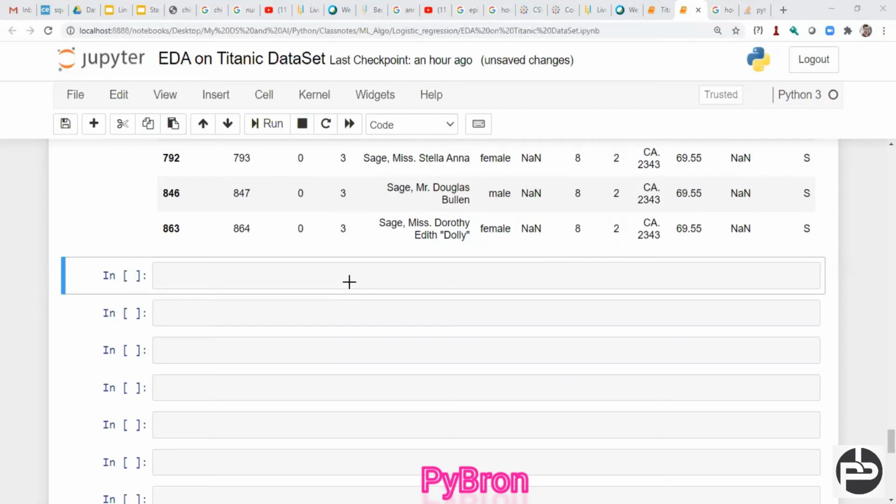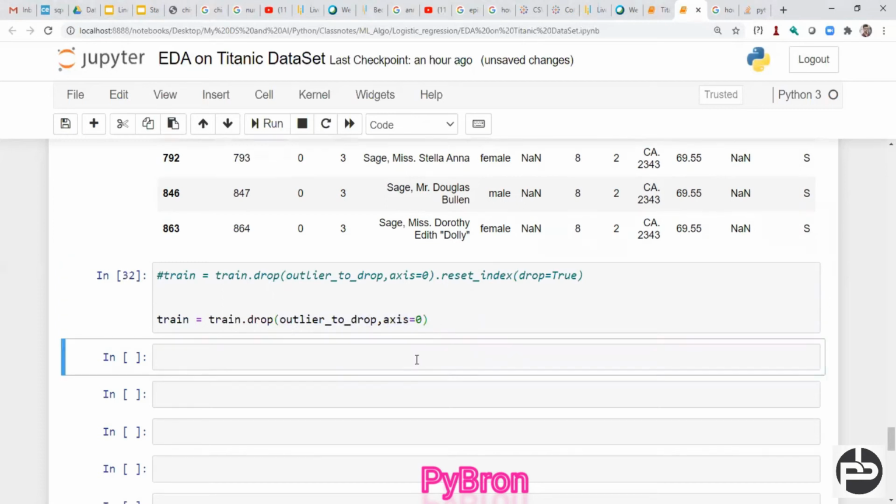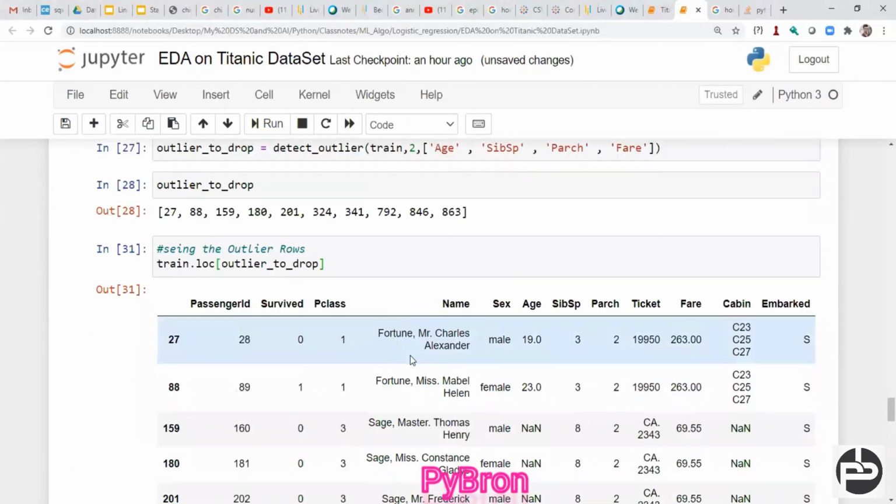In this problem statement, we should drop the outliers. So I'm dropping them: train dot drop outlier indices, and axis 0 means row wise we are going to drop.